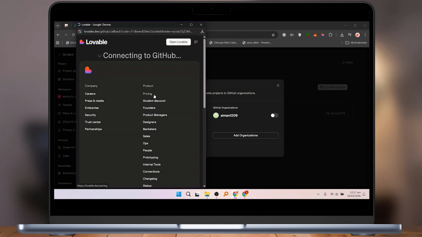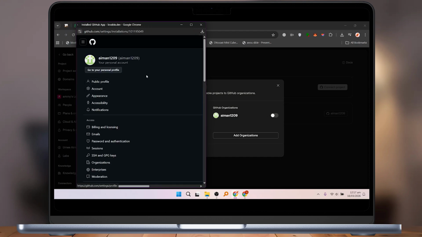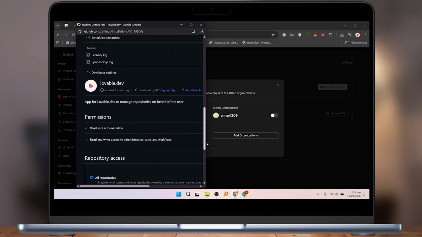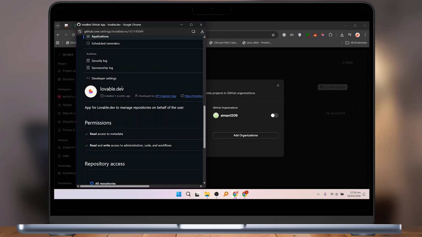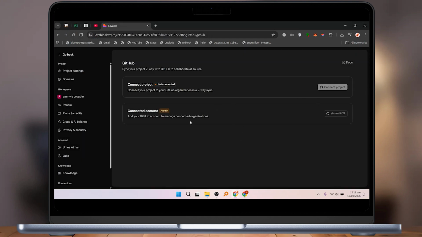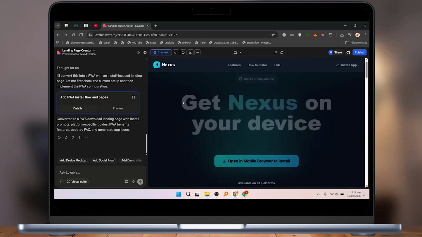Once logged in, enable the toggle next to your GitHub organization so the project can sync properly. This step ensures your project files are uploaded to a GitHub repository. Now, once your project is available on GitHub, you can download it to your computer or clone it. After that, prepare your files for WordPress by organizing them into a theme structure, including folders like themes, assets, and